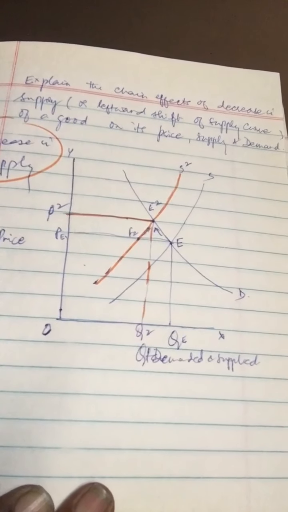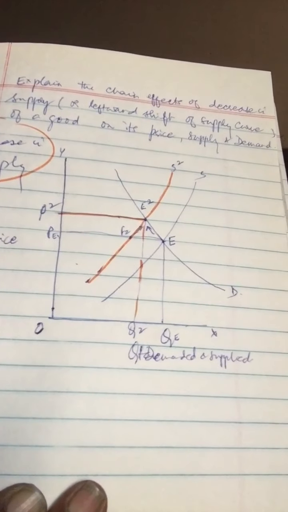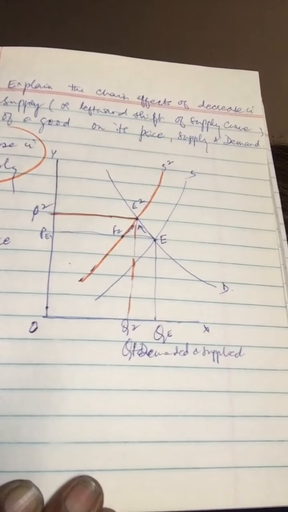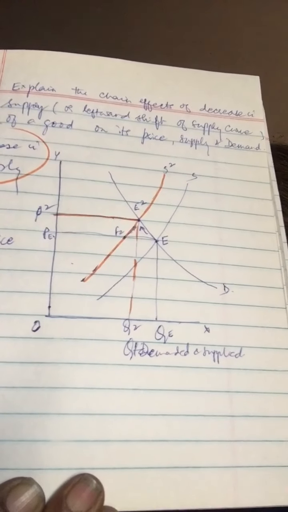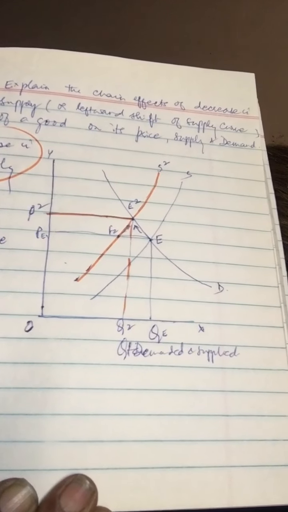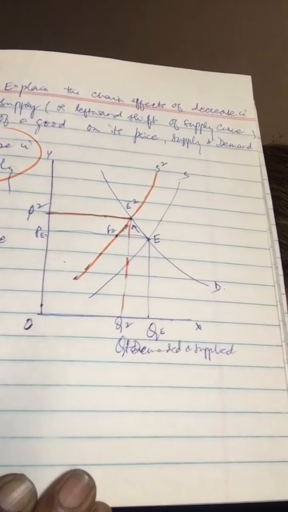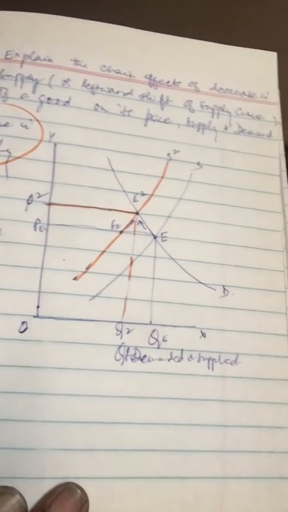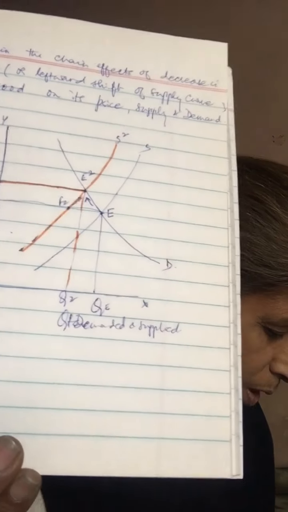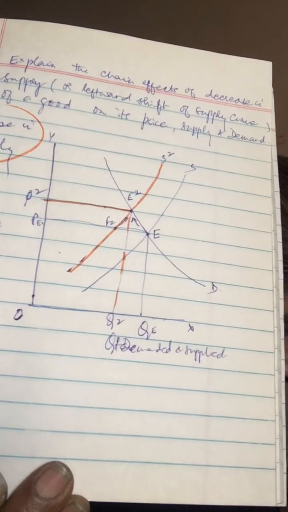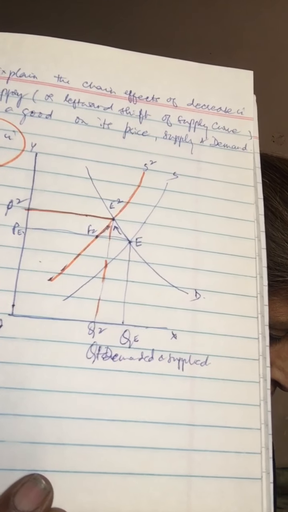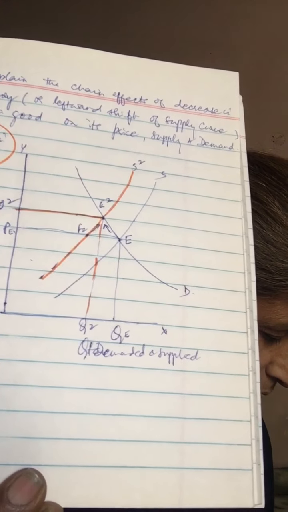So again, let's take the diagram. Let's start from the original equilibrium point E, at which the equilibrium price is OP and demand is equal to supply is equal to OQ. And the orange curve, that is S2, shows decrease in supply. That shows a leftward shift. So briefly put, when supply curve shifts leftward, that is when supply decreases, equilibrium price rises and quantity purchased and sold falls. Its chain effects are as under.